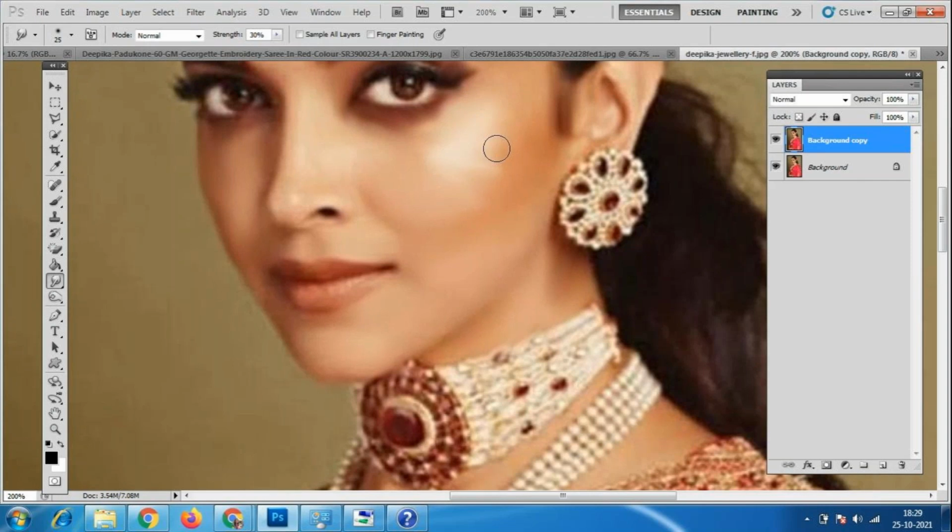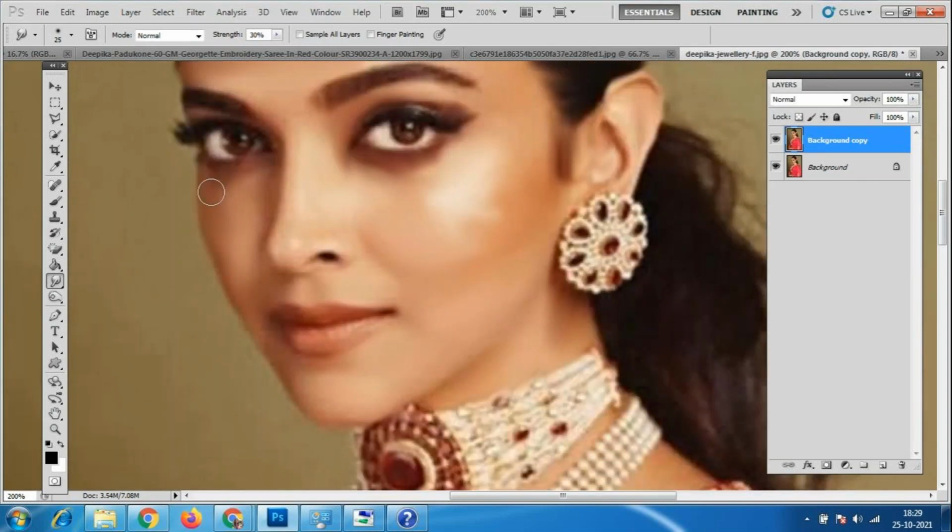Should not look patchwork. See, if we will not make it correct, then the face will look completely patch. So there is a marks on the face, it will look. So we should not change the image.